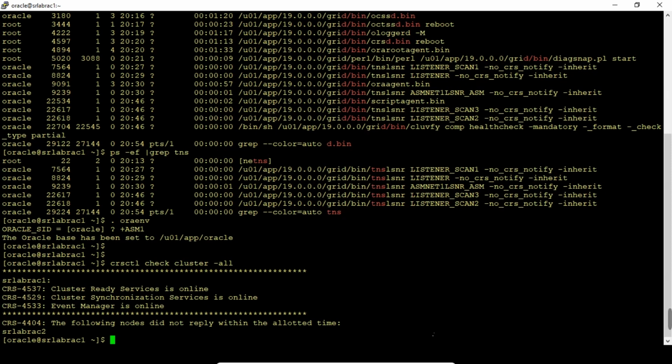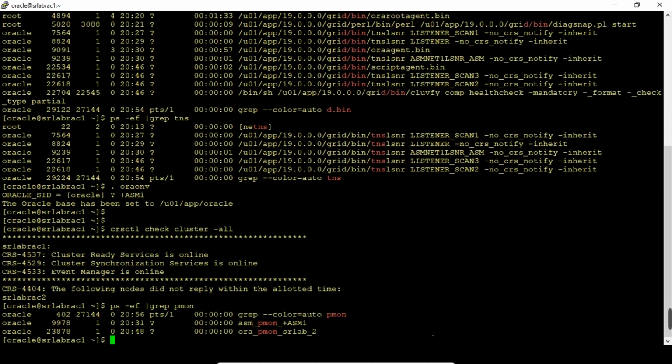The database instance services are relocated to another available node with the same name. Earlier we saw SR lab underscore 2, and now we see the same thing again.